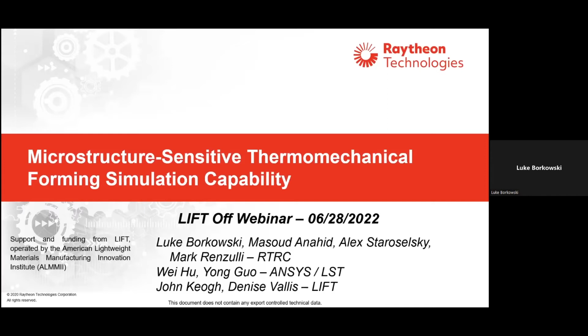Throughout the phases, we've had collaborators from universities, national labs, as well as software vendors, and also including LIFT itself. We've done some very valuable testing at LIFT. So there's been a lot of collaboration. We've really benefited from collaboration with all of these partners, especially LIFT, and you'll see some of the work that we've produced. This presentation mostly focuses on the simulation aspect of it, and it's informed by the test and characterization